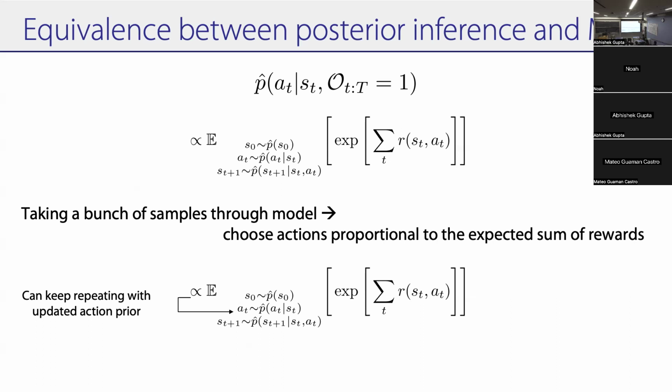But the point here is that you can show that posterior inference is basically sampling and weighting by the exponential reward. And then you just repeat this a bunch of times. The tricky part here is you might need a ton of samples to actually see. And the other thing that is a little bit weird is that it's a proportionality term, which means that if you're being completely proper about it, you have to divide by the integral over all possible actions, which is again a pain. So MPPI has a lot of approximations on top of that, but this is one way to think about it.